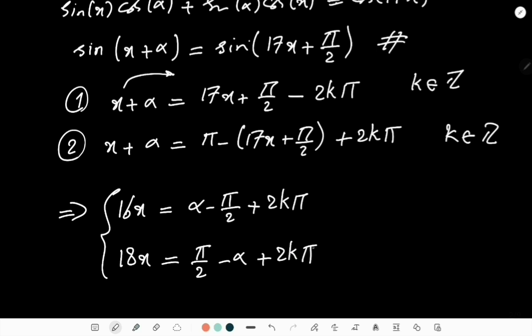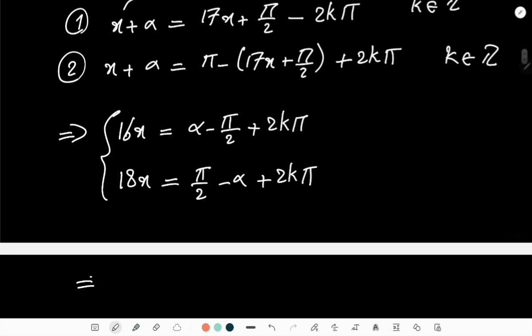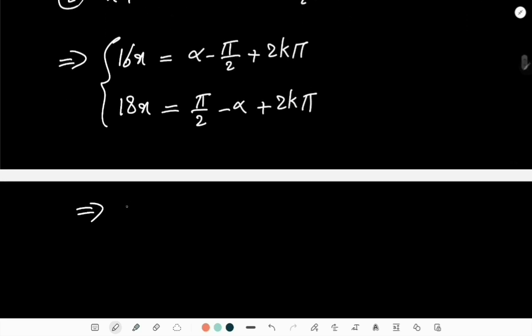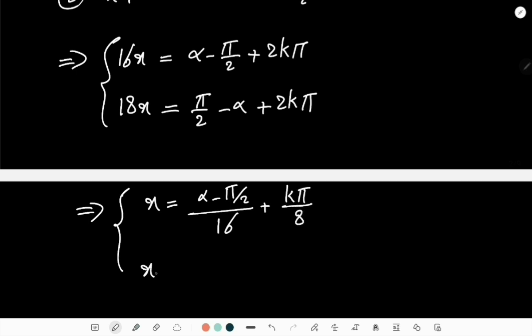Okay, and that gives me the following answers, where x basically is either (alpha minus pi over 2) divided by 16 plus k pi divided by 8, or x is equal to (pi over 2 minus alpha) divided by 18 plus k pi divided by 9, and k always